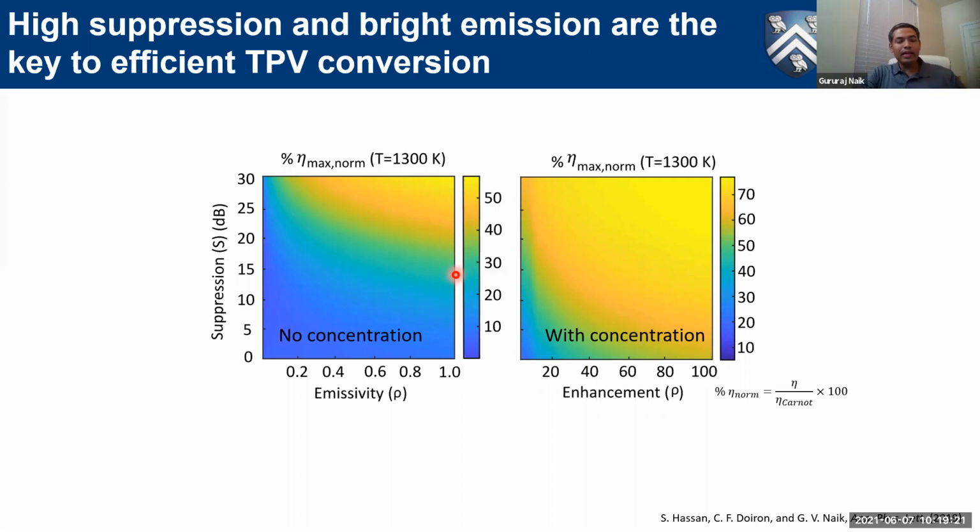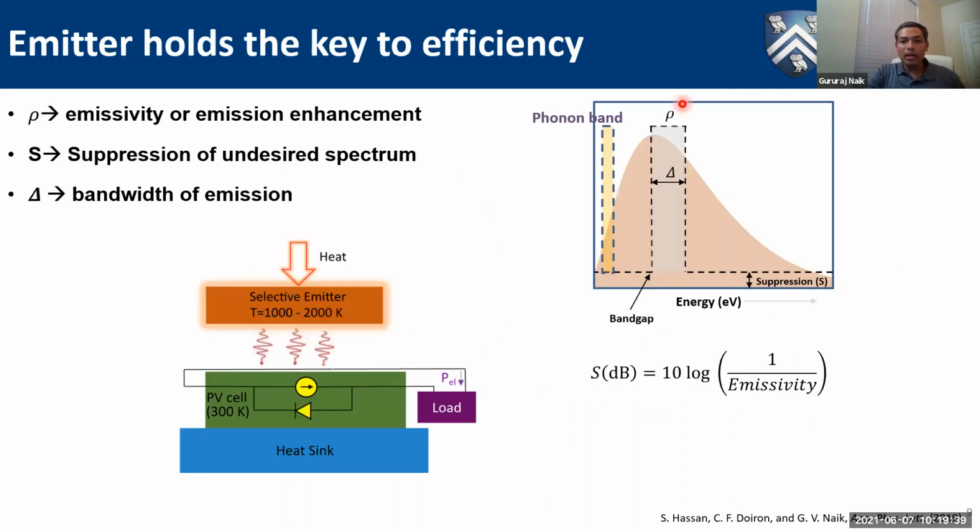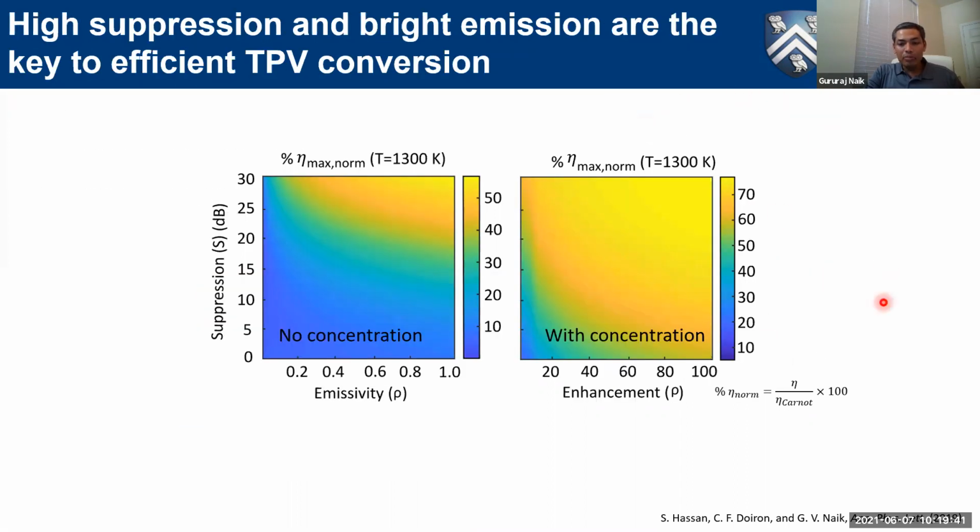And suppose we have some concentration, maybe put in some focusing devices, collect light over a large angle and large area, and then focus the IR photons onto a very small area of the PN junction. That will actually give us some enhancement in terms of this emissivity. That is, this rho can be greater than 1. And in that particular case, we can have efficiencies even higher, actually much higher than 50%.